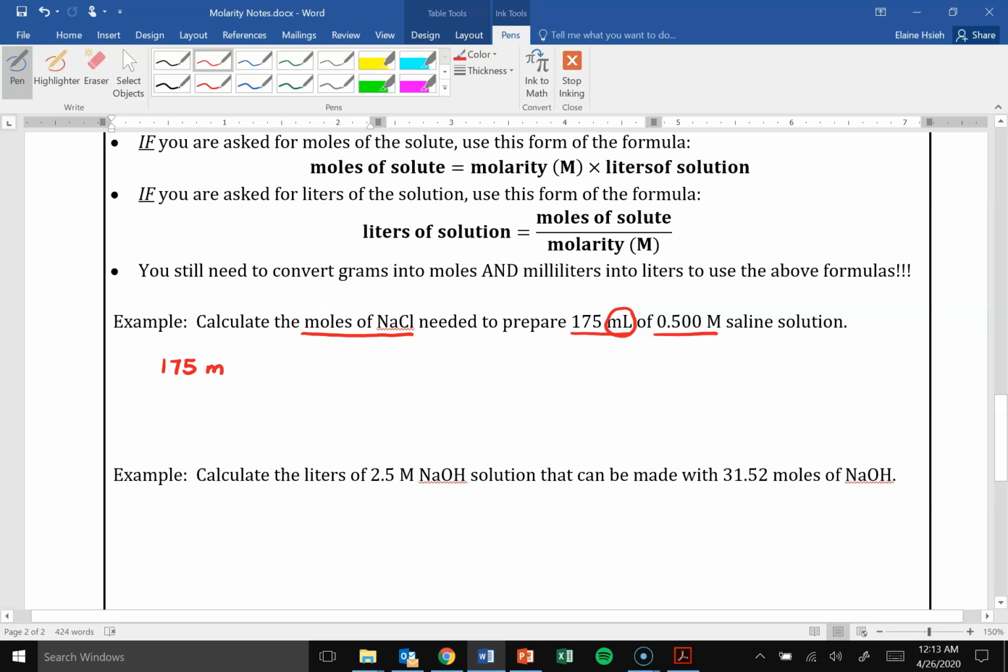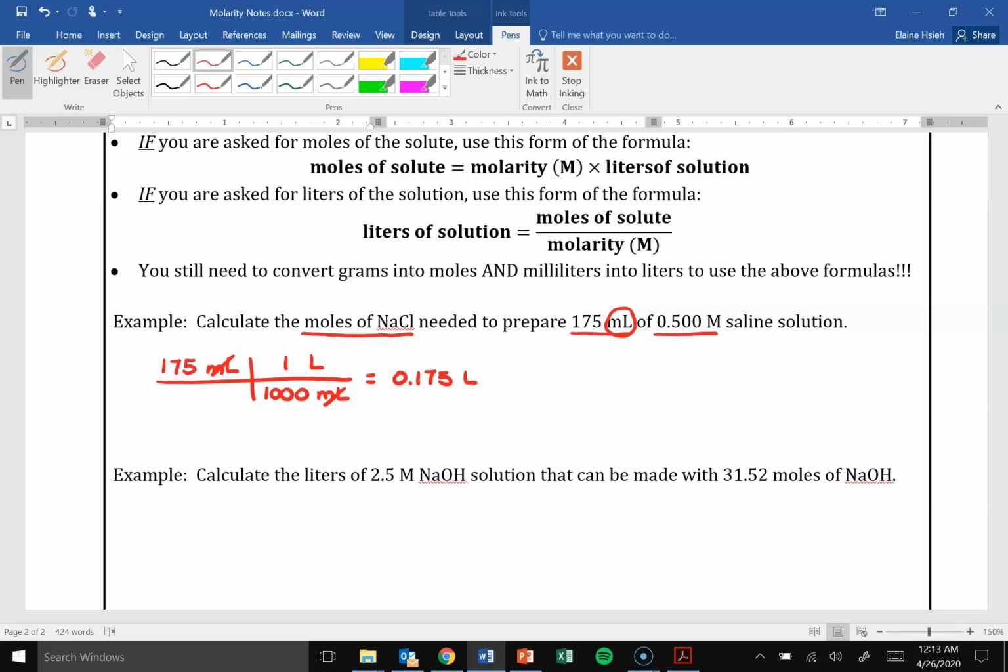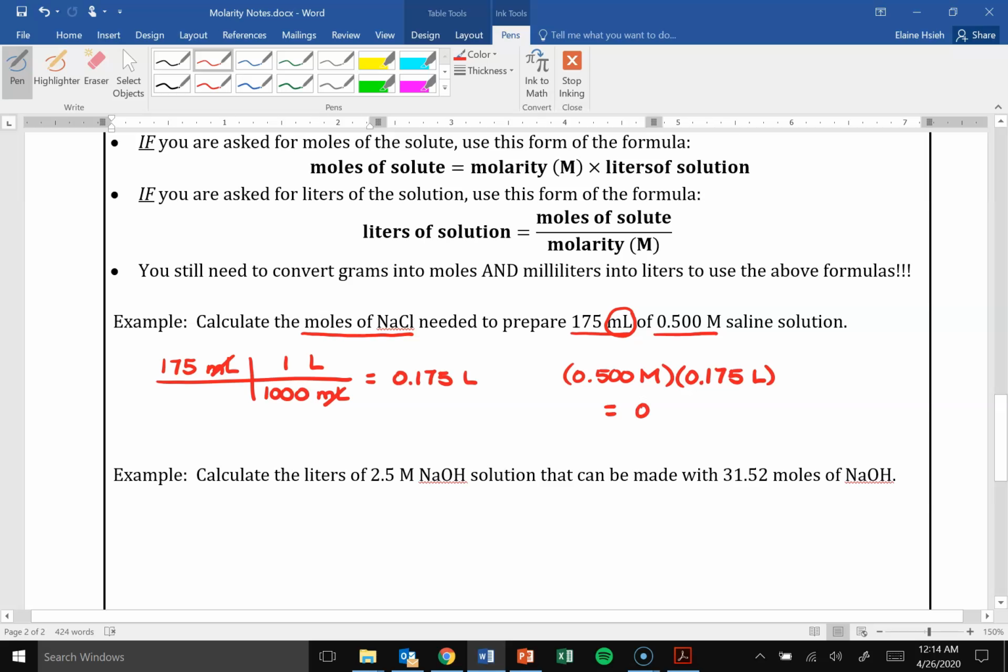So 175 milliliters divided by 1,000, 1,000 milliliters in 1 liter. And that will give me 0.175 liters. Now that we have that, then we can put that into the formula, the rearranged formula. So the moles of the solute is equal to the molarity, 0.500 molar, times liters of solution, 0.175 liters. So the answer is